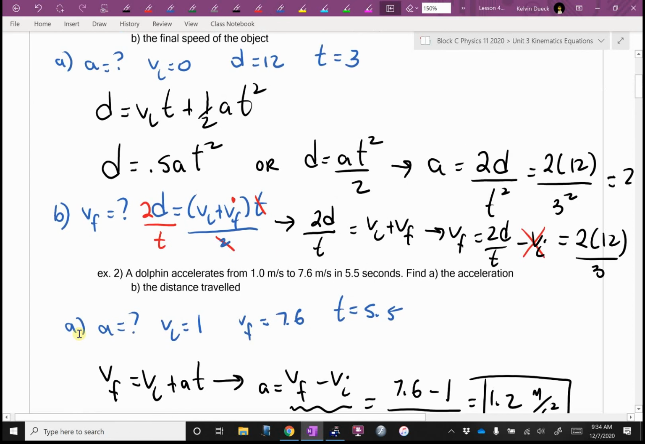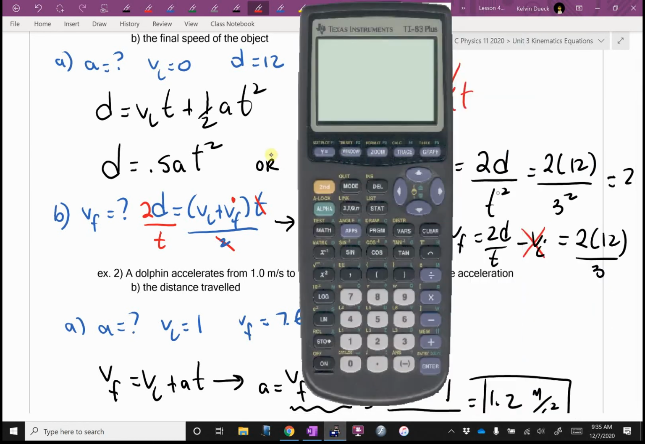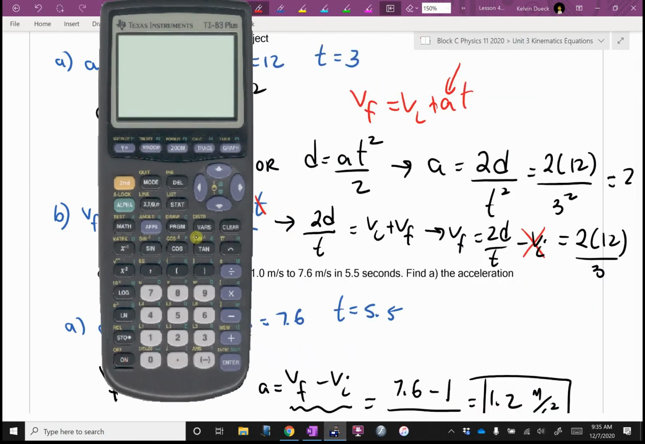Remember for part B, back on example 1, I told you I could use VF equals VI plus AT, but that would be using my answer from part A. Suppose this was a test, and I finished early. I would quickly, to check my answer, go 0 plus 2.66, typing a bunch of 6s in for the 6 repeating, times 12. And if I get the same answer as I got